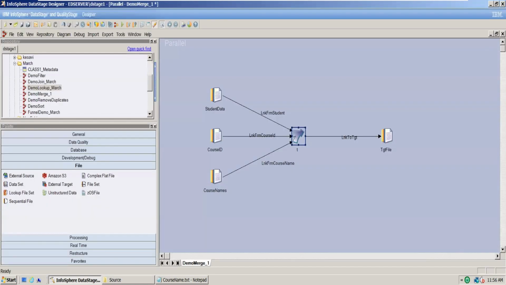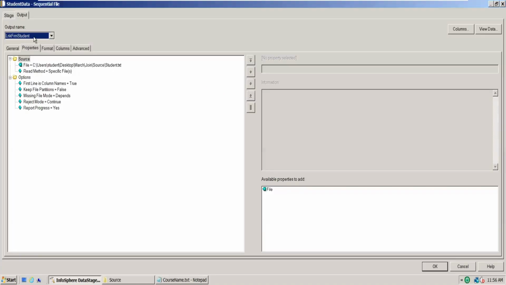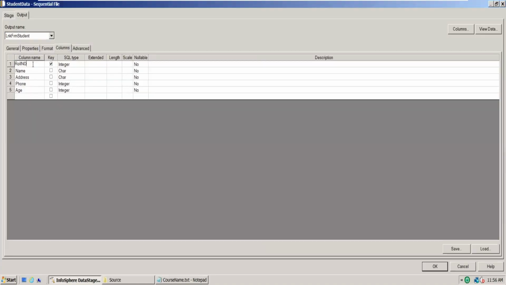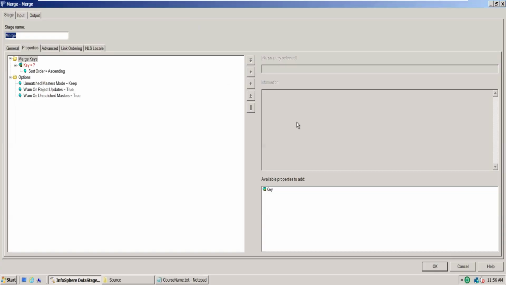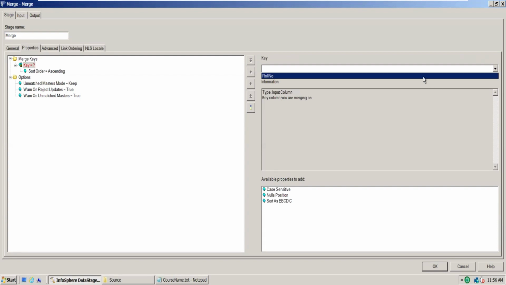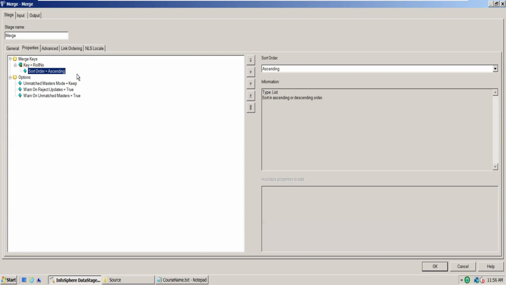That's why, while we are working with merge stage and join stage, it is a must that we maintain the same key column. Make sure while you are using this stage, the key column must be in sync from all the input links. If you are using 4 input links, all the 4 must have the same name, roll number,